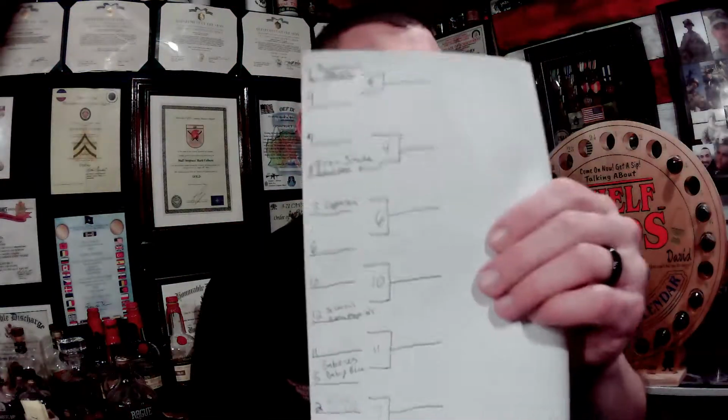So I got a little bracket here of what's been going on so far in the sample battle. Round 1 was sample number 1 versus number 9. It knocked out Bardstown Fusion 5. Now, the sample bottle was mislabeled. I talked to the person who gave it to me, and they let me know it was not the Distiller's Collection. It was actually Fusion 5. So Bardstown Fusion 5 got knocked out by number 9,